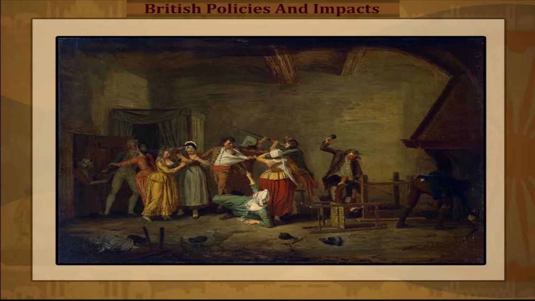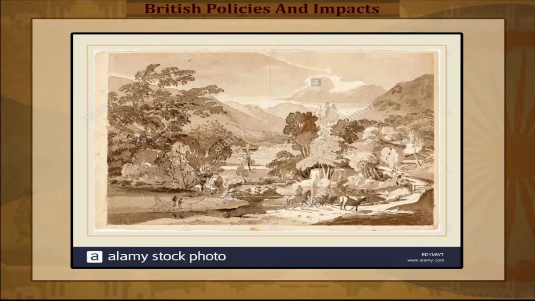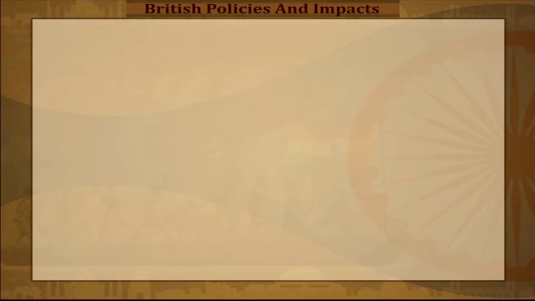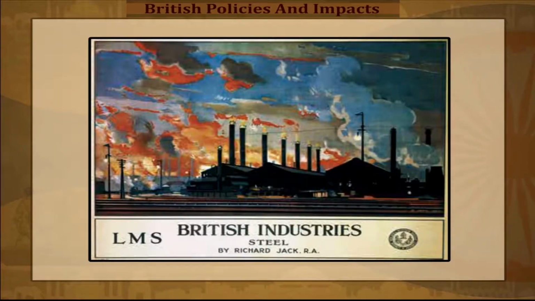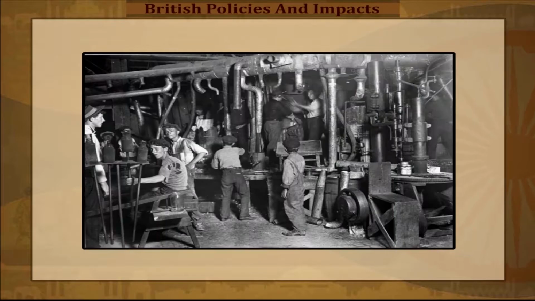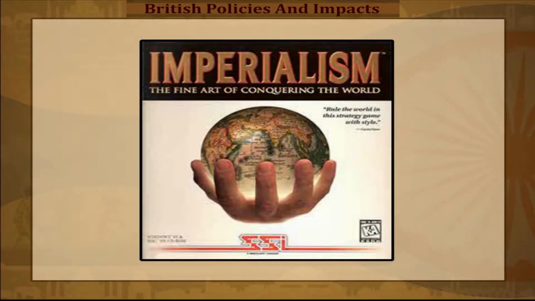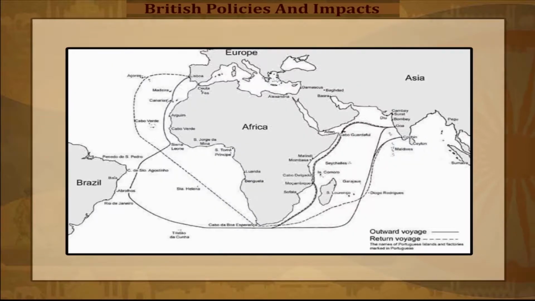During the later half of 18th century and the first half of 19th century, Britain underwent profound socio-economic transformation due to Industrial Revolution, and the British industry developed and expanded rapidly on the basis of modern machines, factory system and capitalism. By means of imperialism, British also captured and monopolized markets in Asia and Africa.